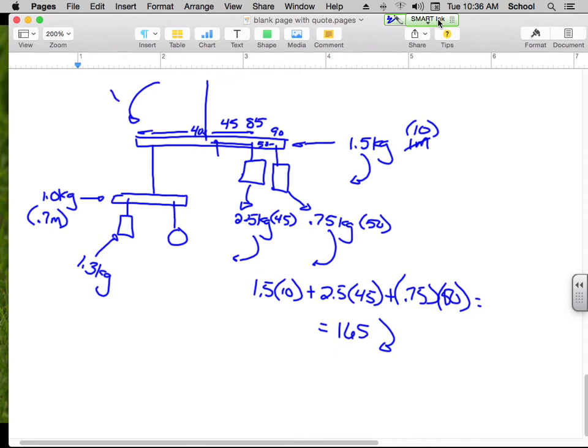So we know this has to be 165 as the total torque, which again is going to be force